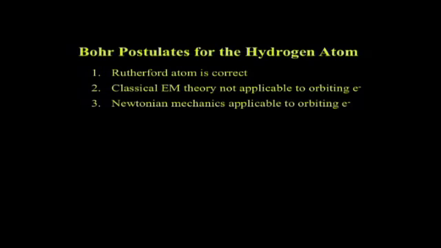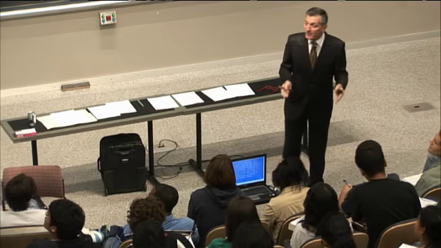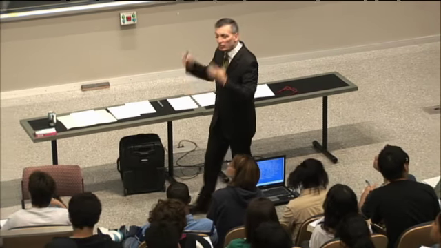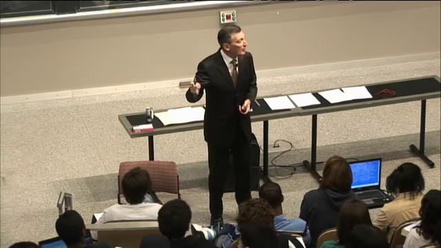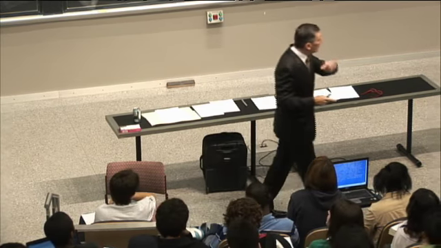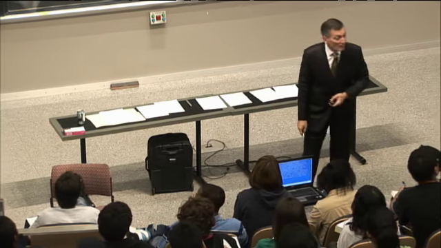Newtonian mechanics is applicable to the orbiting electron. So you can see, well, wait a minute, it's sort of like cafeteria physics here. Electrodynamics doesn't apply, Newtonian mechanics does apply, and the answer is, yeah, that's what we're going to do here. We're going to build a model, we're just going to try these ideas out. And if they're crazy, how are we going to know they're crazy? Because there's going to be data that refute. But if we get data that supports all of this, then there's only one conclusion. This thing makes sense, up to a point.